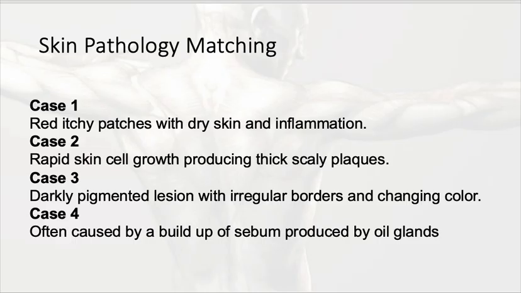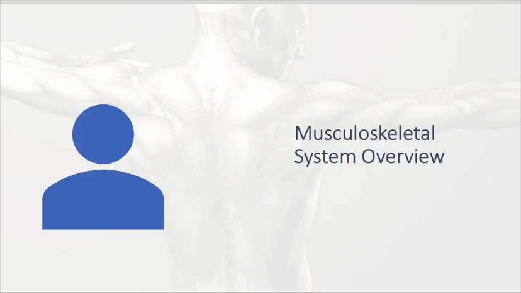Now we are going to move on to musculoskeletal. So the integumentary system is, again, our body's outer layer. Now, just beneath the hypodermis, so beneath